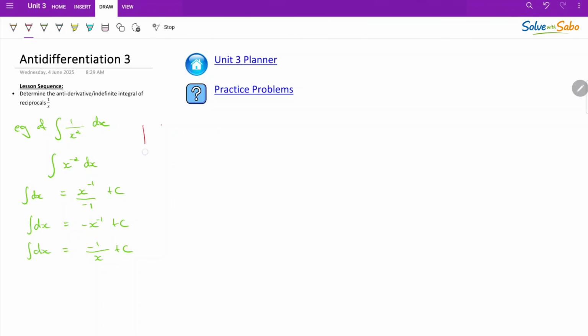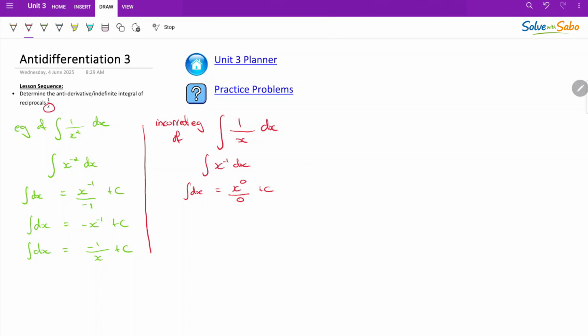What doesn't work is when it is just an x on the bottom, or that whole thing on the bottom just has a power of 1. So this next one, I'm going to do it in red, because this is an incorrect example. I'm going to do this antiderivative the exact same way, except this is the mistake. Using the same logic as the first one, I'm going to rewrite this as x to the negative 1. It's going to bring that power up. So for the antiderivative, I'm going to increase that power by 1, divide by my new power,